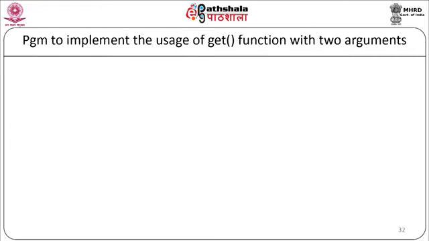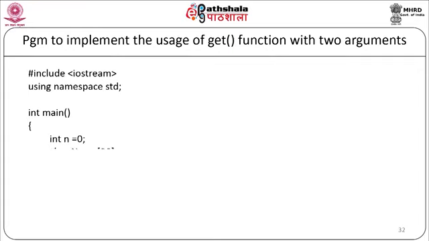Now let's see a program to implement the usage of get function with two arguments. We'll start with our program: #include <iostream>, using namespace std. Now we'll start with our main function as int main. We'll declare the variables here as int n = 0, char name[20]. We'll display the message to the user, cout "Enter name". Now we'll take the input using the get function as cin.get(name, 6);